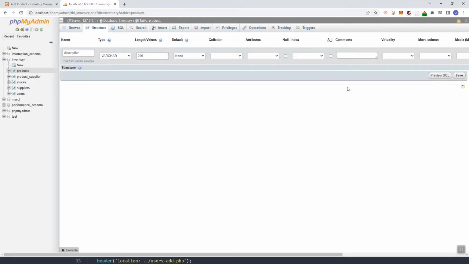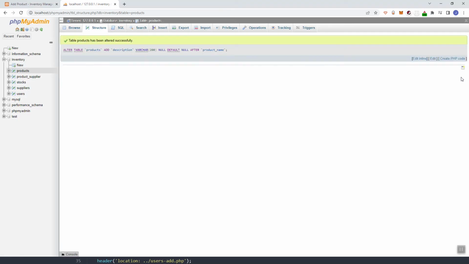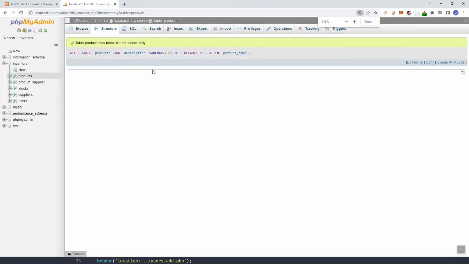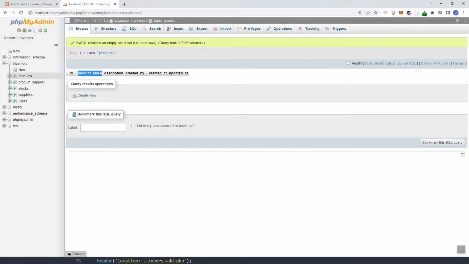Let's just make it short and let's make it nullable. Default is none, and then save. So now we have a description column inside the table, so we can capture the product name, description,